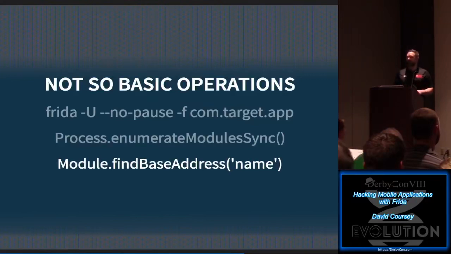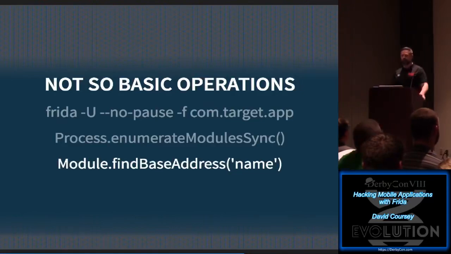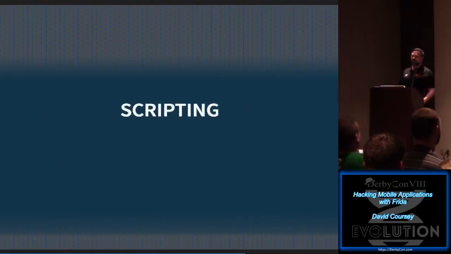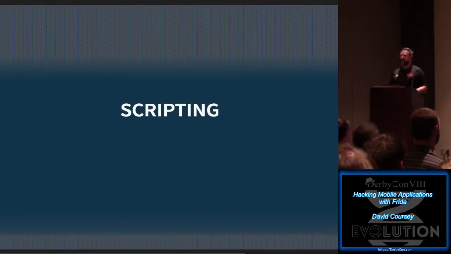A lot of these are based on pointers and offsets because the app doesn't know to look for the name of the function when it's running. So once you get to the point where you've started to play around with an app and you're learning how it works, you're learning the names of functions, you can do the base address, you're going to get into